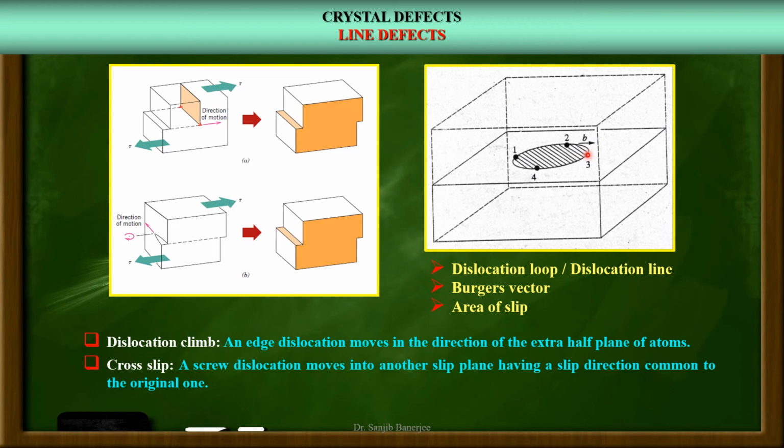The dislocation line has a Burgers vector parallel to the line at points 2 and 4 and perpendicular to the line at points 1 and 3. So the dislocation is purely screw at points 2 and 4 and purely edge at points 1 and 3. At other points over the dislocation loop, it is a mixed mode of dislocation, that is partly edge and partly screw.